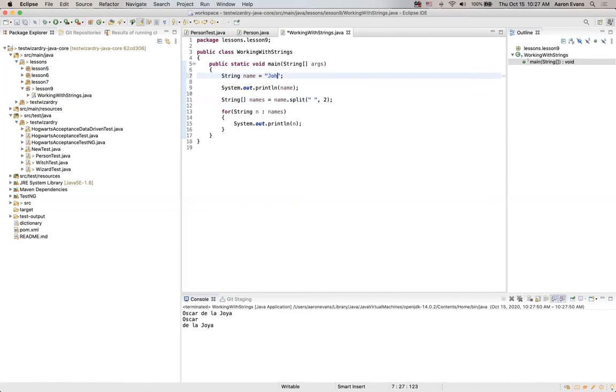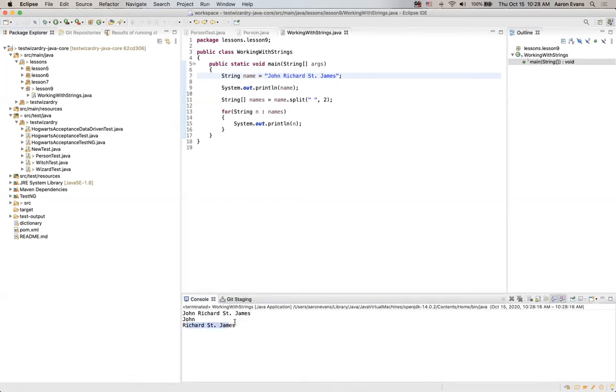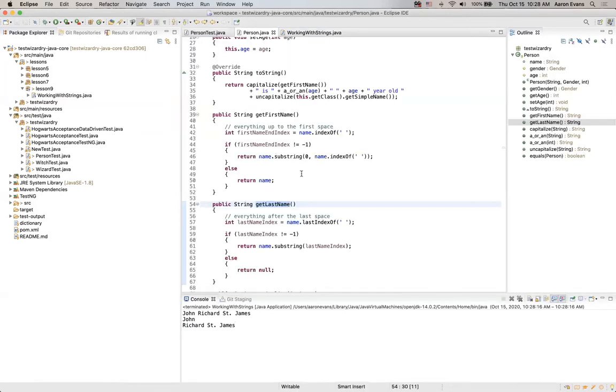what if we had someone whose name was John St. James? Now, St. James is his last name and John is his first name. That works. But what if his middle name is, I don't know, Richard? I'm making up names here. Well, now we've got Richard St. James. So just splitting it on the space, what I'm trying to show, is not a good way of figuring out the last name. Let's take a look what we've done so far in the person